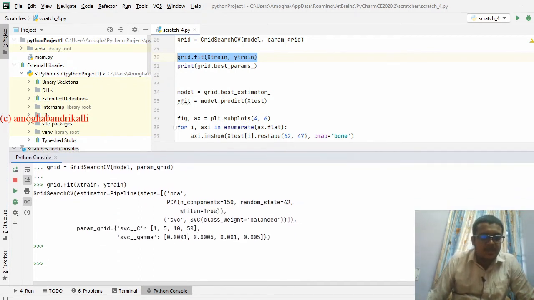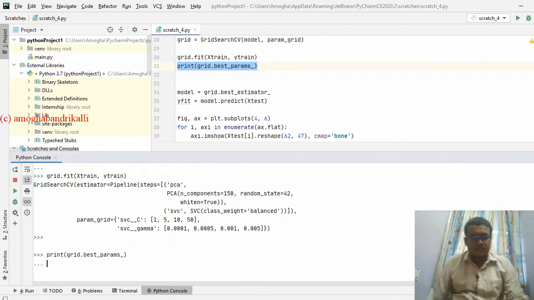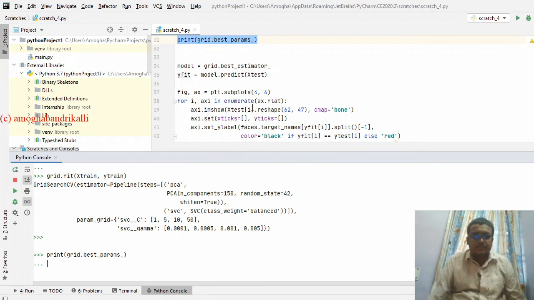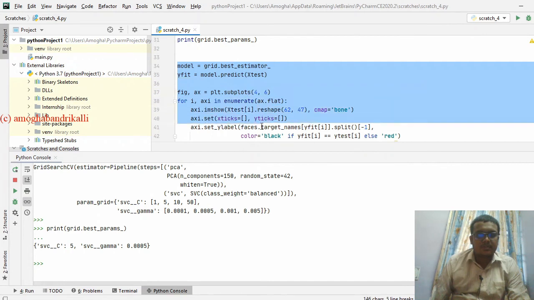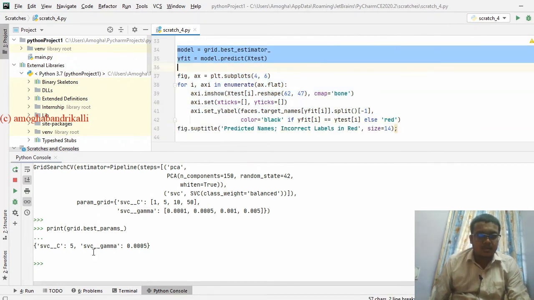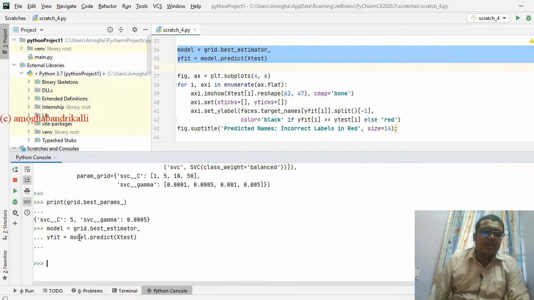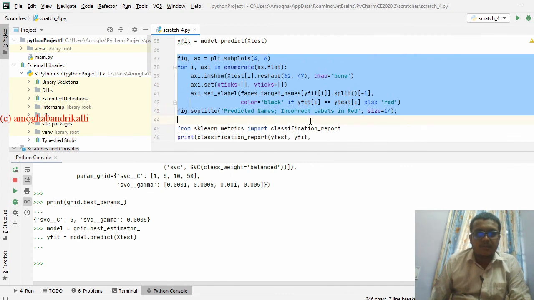It is using SVC and these are all the SVC gamma parameters. So we are printing those values here. So print grid dot best parameters and we are going to estimate it. These are all the best parameters. We have taken a model and predicted on X test. Now we are going to see whether the predicted names are fine or not.